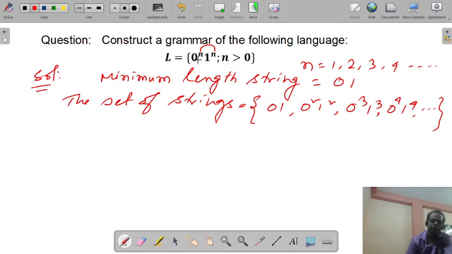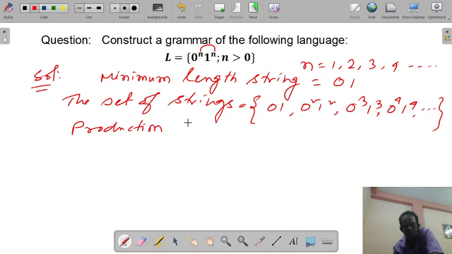So first of all, to find out the grammar, we need to construct the production set P, and we'll start from the variable S. Here just observe 0 1, it is a string.